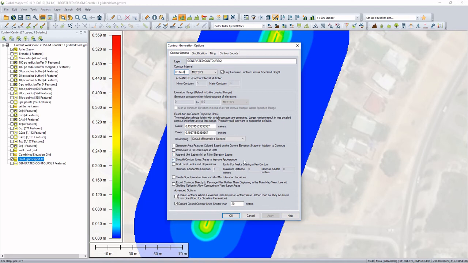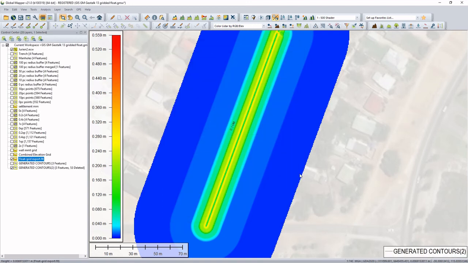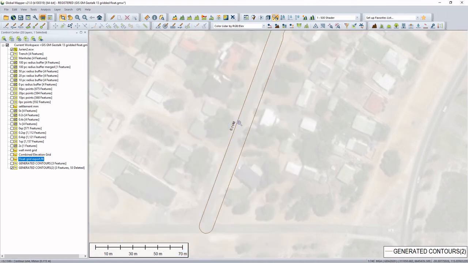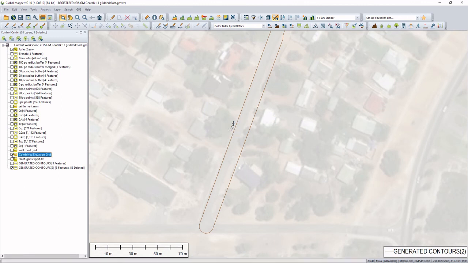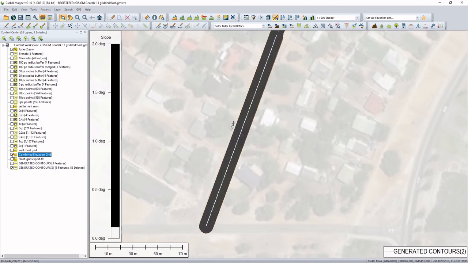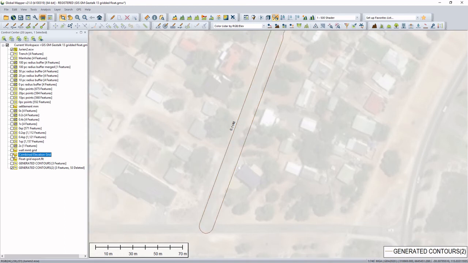I'll let it smooth the lines. I don't think I need any bounds. And there you can see the 1 in 500 slope has now been contoured. If you don't believe me, I can show you my elevation grid back again, and you can see it lines up pretty well. Now that I've got that as a vector, I can query it against other vector values, which